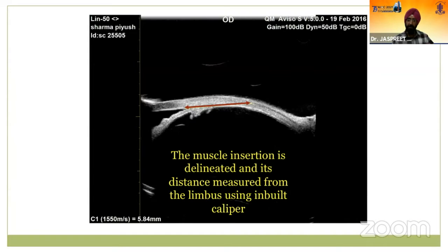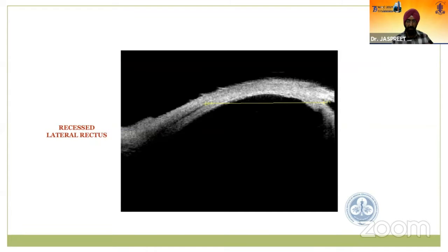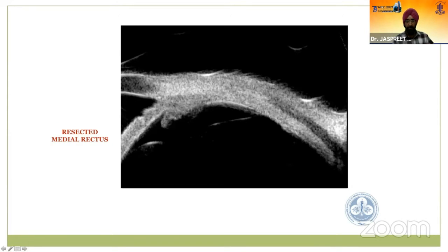So it's a distance which is measured from the limbus with an inbuilt caliper. From the starting of the shadow, which is this pointer here, up to the limbus would give you the insertion, where you can add a millimeter to it, because the angle is posterior by 1 millimeter to the limbus. So that's again a recessed lateral rectus muscle, and you measure the chord length from the limbus to the insertion of the muscle. Now this is the insertion of the muscle, and this is your so-called limbus. Now this is a resected muscle. It's a magnified view. You can see how thick it is, and it starts off from somewhere here, and then you can easily measure the distance.